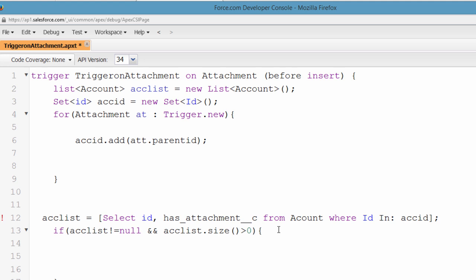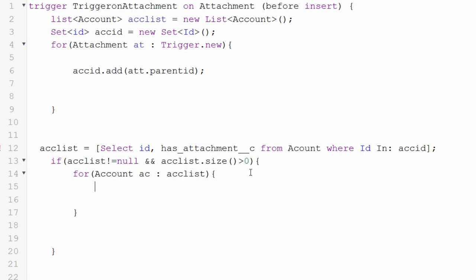Okay, so for account ACC list, we will iterate over this list and we will update the fields, that field value, the checkbox value. Okay, ACC dot has attachment equals to, I will explain you the trigger one more time if you are not able to understand. Okay, ACC dot has attachment equals to true,